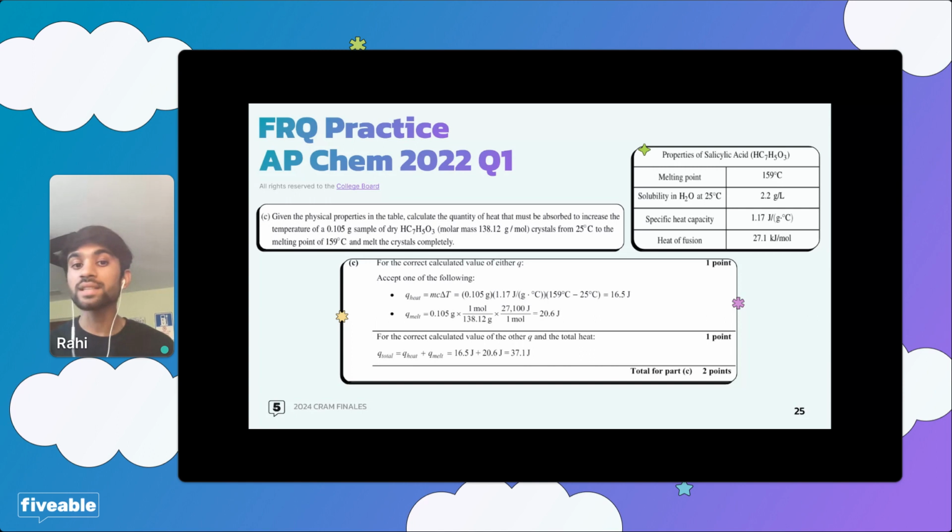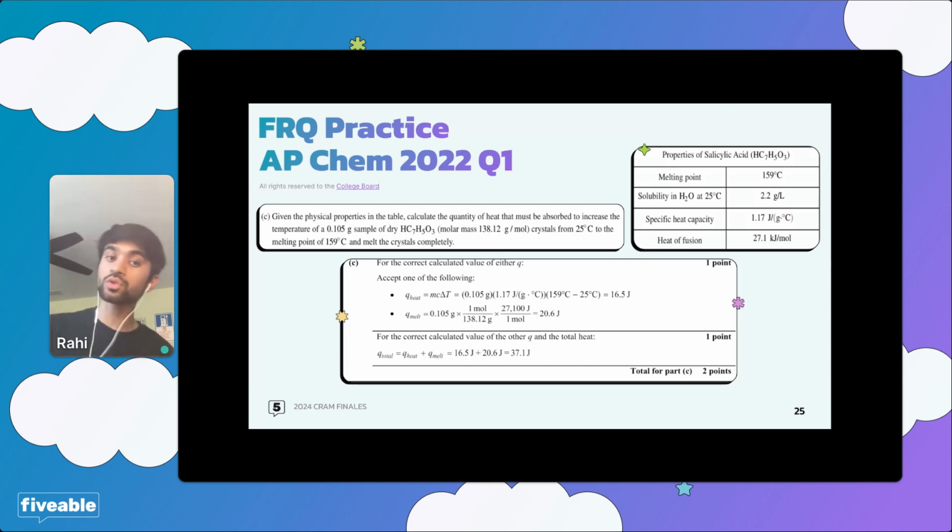So isn't it negative? Look at the question, right? The question says you need the quantity of heat that needs to be absorbed. If you're absorbing, you are injecting heat into the system, which means there will be a positive heat. Once you're injecting energy into the system, it will be positive. It does not matter whether your answer is in joules or kilojoules, but you must be consistent.